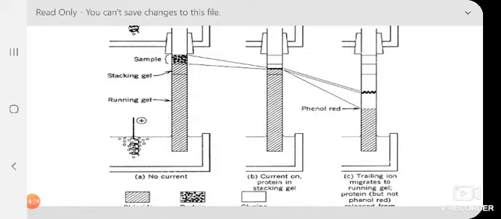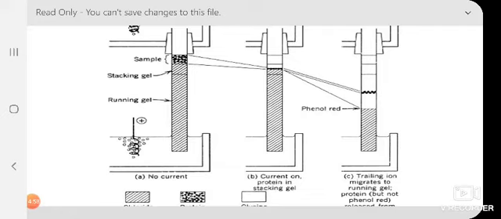So what is present in the running buffer? You remember, running buffer contains Tris glycinate. So what are the anions present? If we explain it, glycine is present in the upper buffer reservoir, correct? And it can exist in a zwitterionic form at pH 8. Now when I turn the power on, because after this arrangement I will load my sample, and I told you how to prepare the sample also, then electrophoresis will start. When the power is switched on, what will happen? What are the anions present?